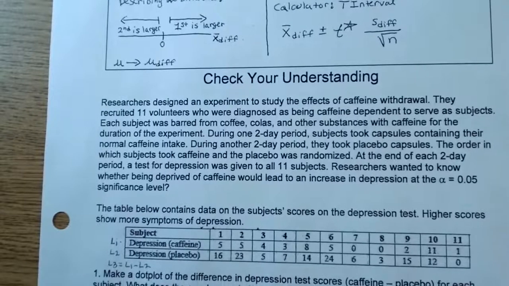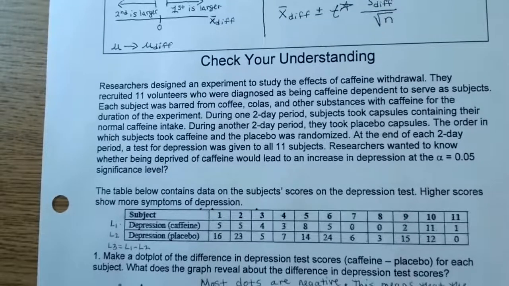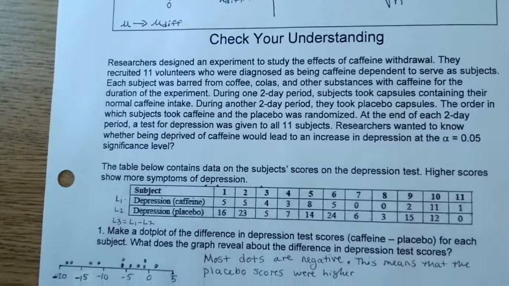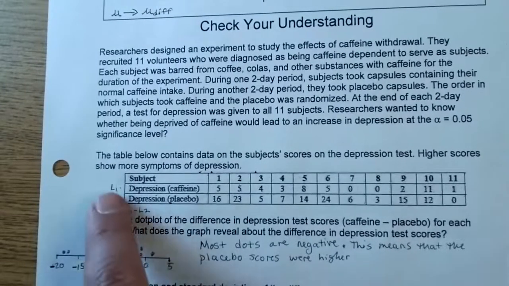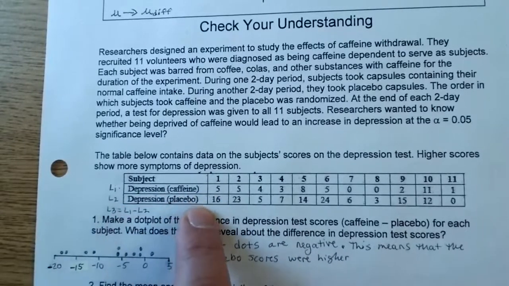And we will answer questions about that in a second. It says the table below contains data on the subject scores on depression test. Higher scores show more symptoms of depression. So higher is more depressed. Okay. So you can look at your data here: depression based on the caffeine, depression based on the placebo